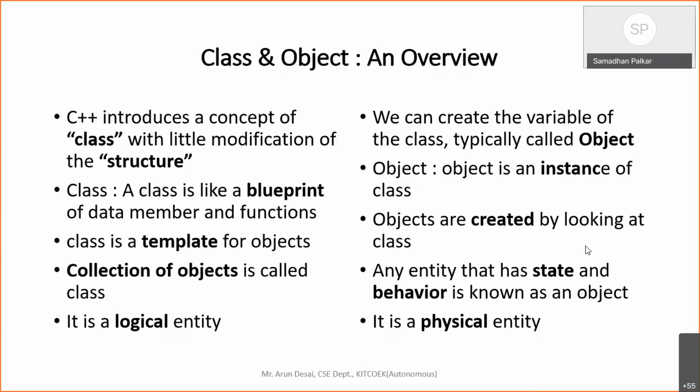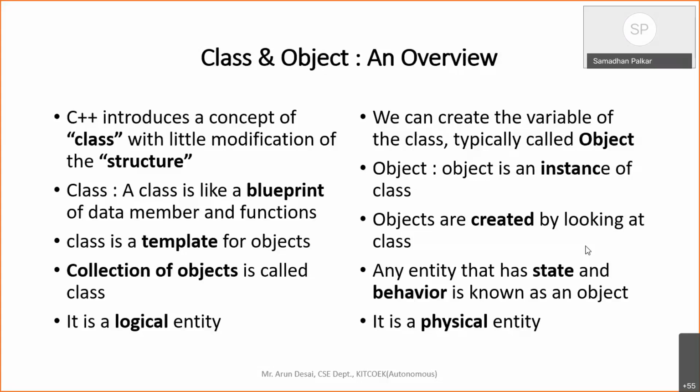You use those curly braces to hold all your different data types. Just like that, class is there. C++ introduces a concept, class, which is the same as a structure. So it is a bookish definition for classes: a class is like a blueprint of data members and member functions for an object. You can say it is a template, or a model for a class.